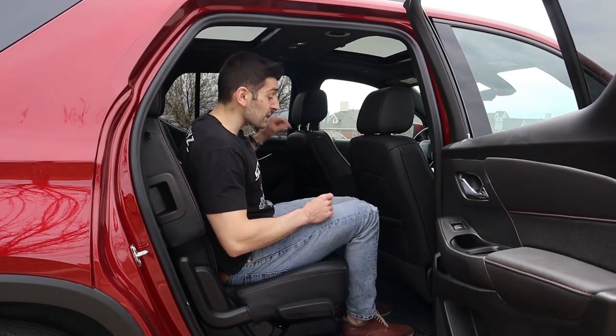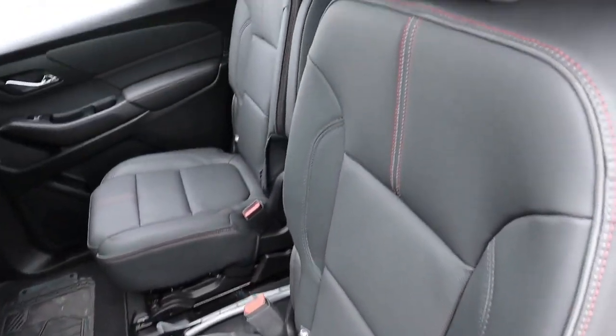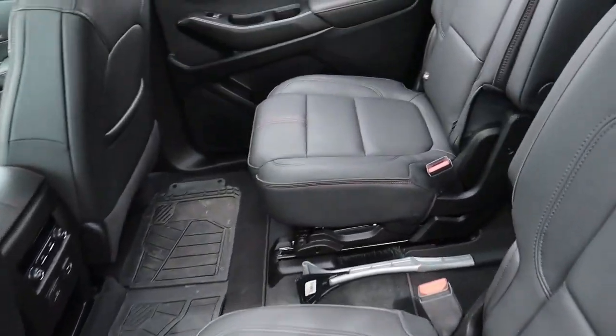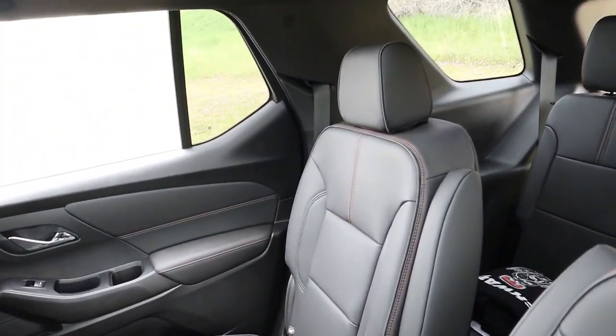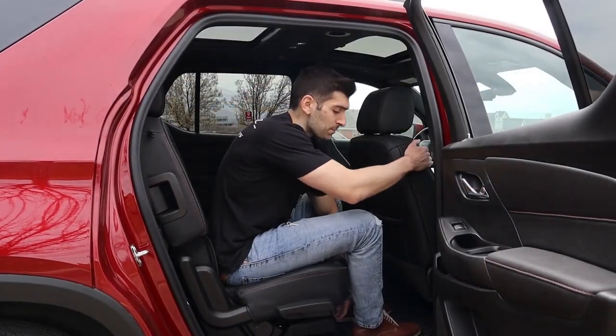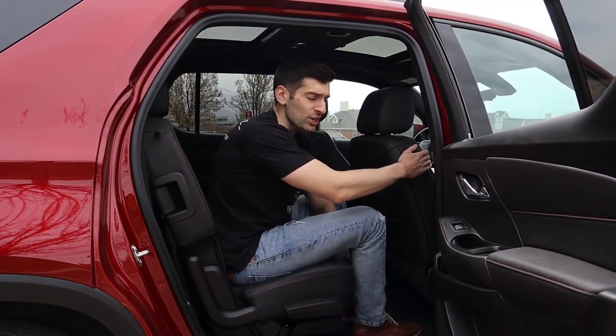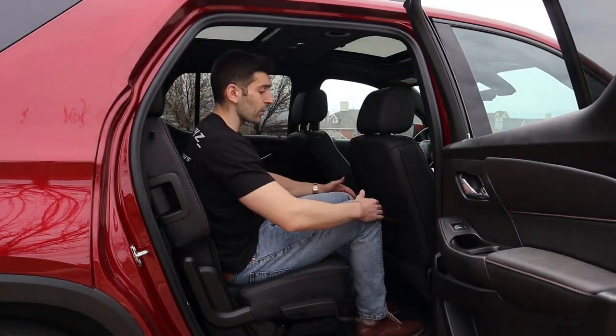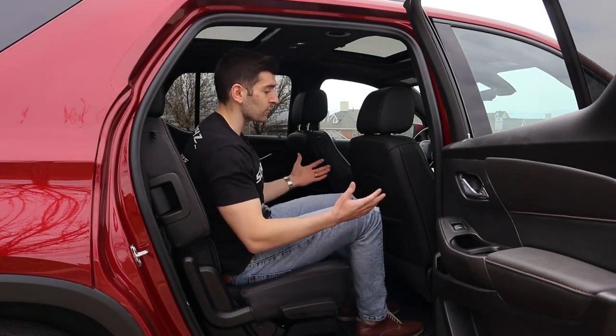Now, I do want to mention that this vehicle has the captain's chairs, so there's only seating for 7, but if you do need seating for 8, the regular Traverse does come with 8 seats. These captain's chairs are nice though because they tilt, they can slide forwards, backwards, really a lot of functionality, and I gotta say, me sitting behind myself back there and sitting over here, there's plenty of legroom to sit comfortably,